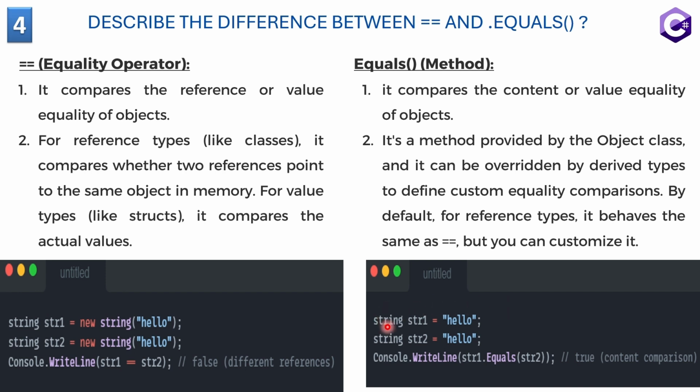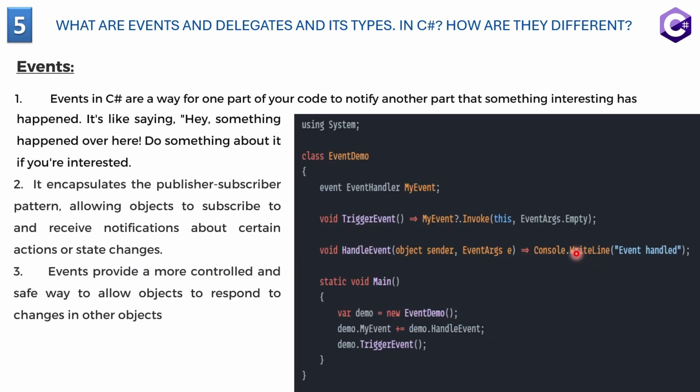In the example, we have two strings, hello and hello. When we compare string one .Equals string two, it returns true. So that's the difference. Moving to the next question: what are events and delegates